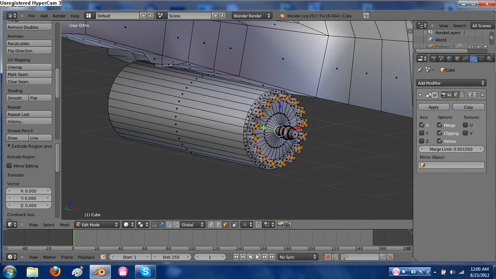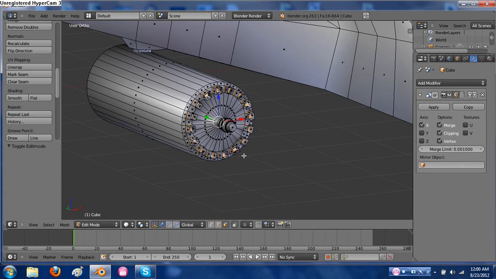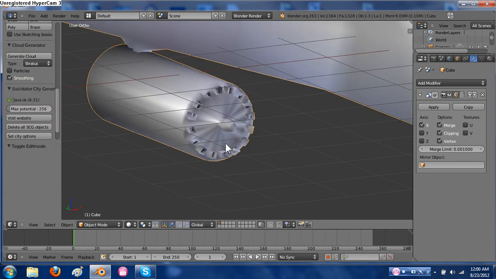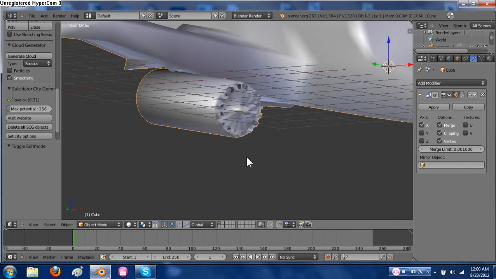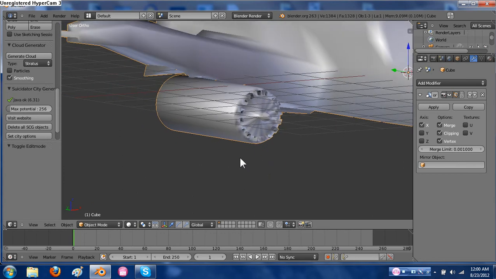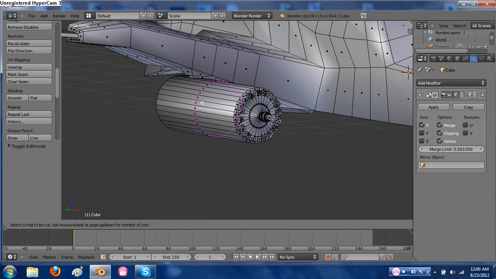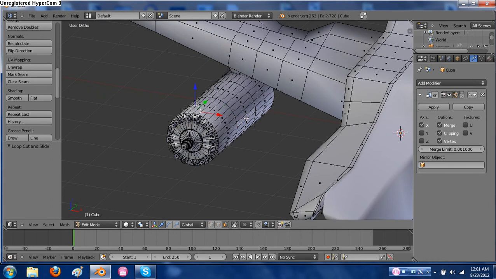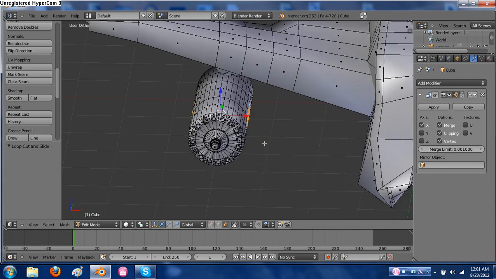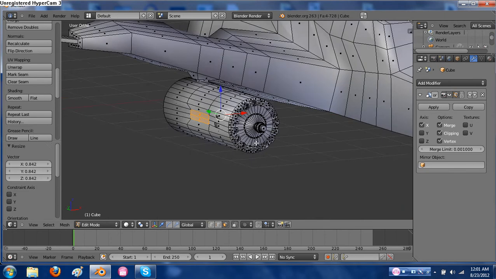I'm going to extrude one more time, and I'm actually going to bring them back in to make holes in there, like that. There we go. I'm going to take them much further back though. Now it's going to look a little funky, but let's just leave it at that for right now. I'm also going to do 2 edge loops here. Grab this face right here, or maybe these 2, along with 2 on this side, and I'll go ahead and scale them inwards,